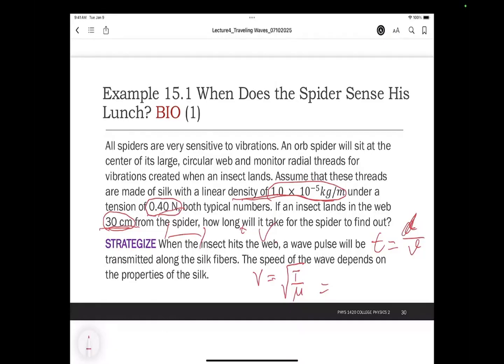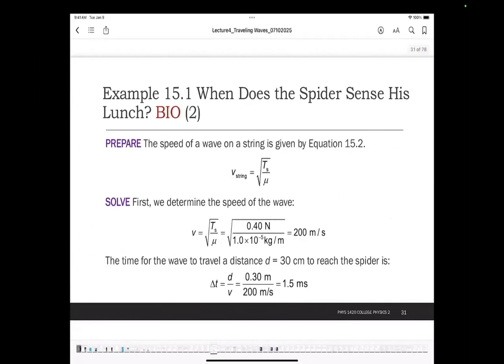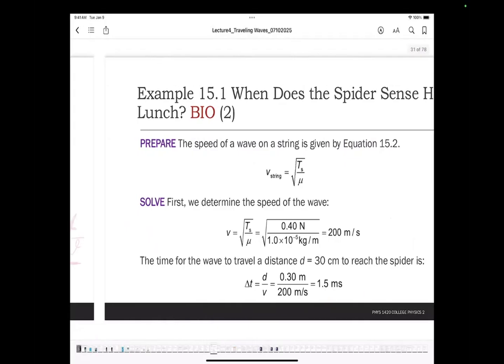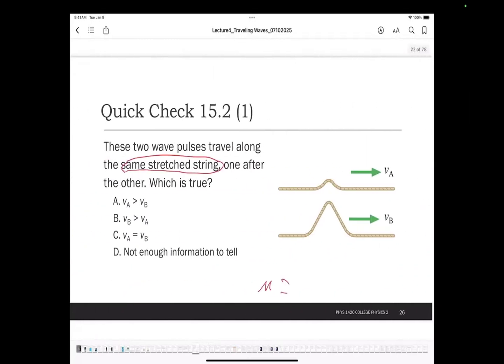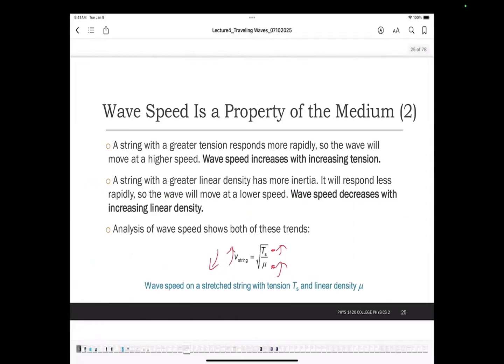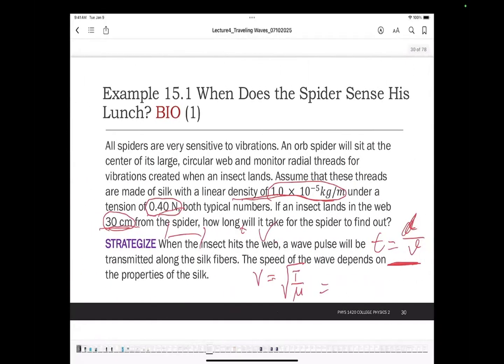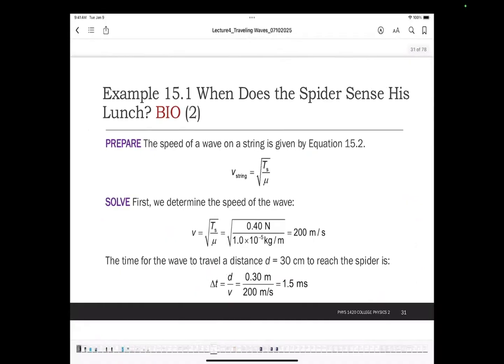I think this is a typical traditional physics problem. Maybe you have already learned it in high school. So, let's prepare. The speed of the wave on a string is given by equation 50.2. Yeah, you can find it in the textbook. Then we use this equation to calculate the velocity, and just put T here, mu here, and then we got the velocity is